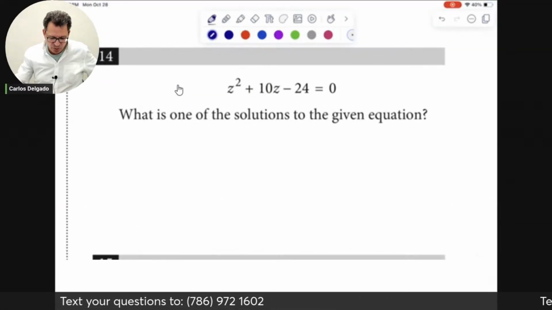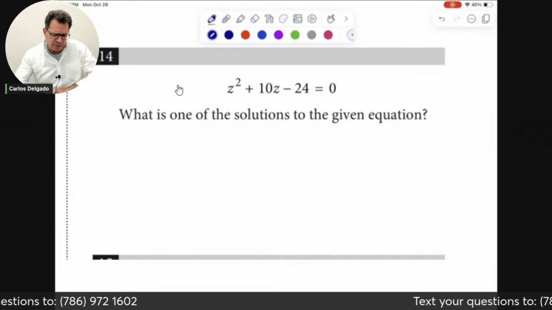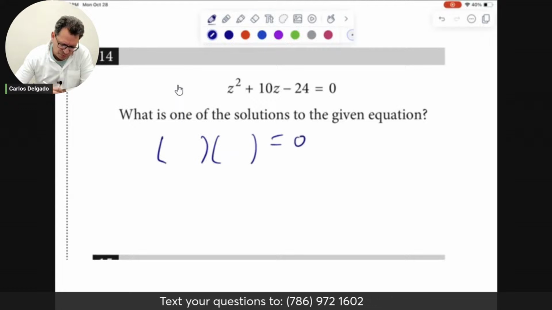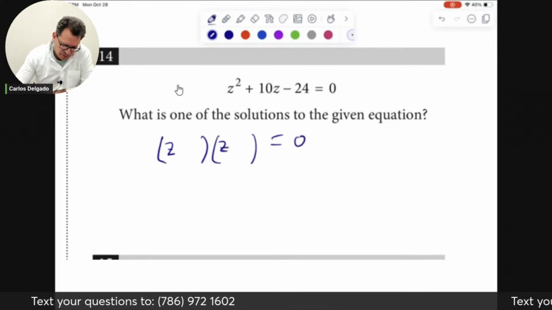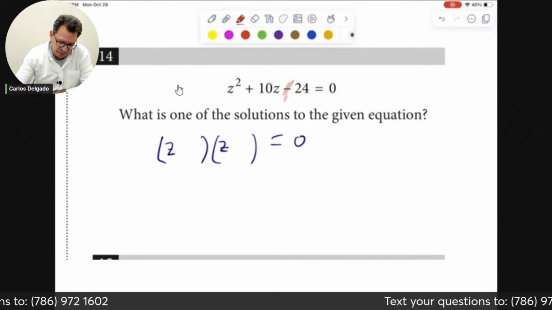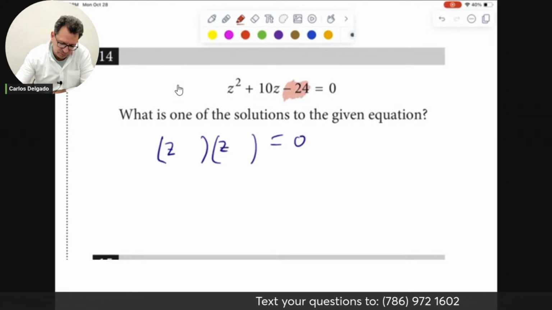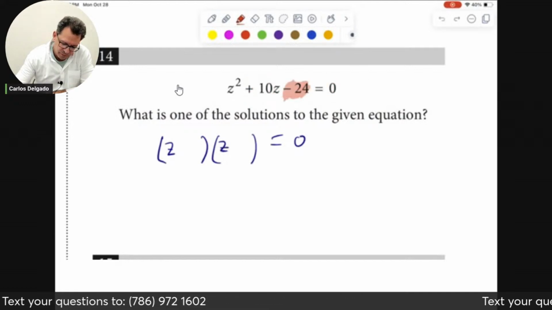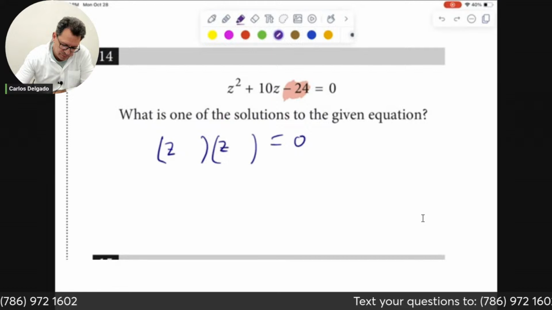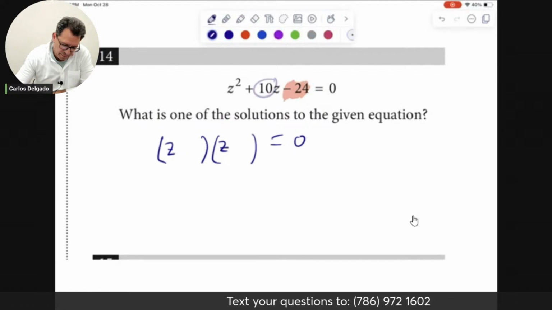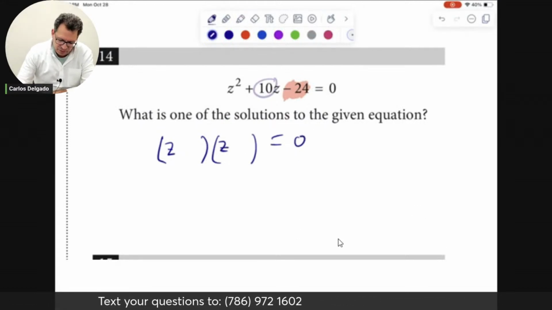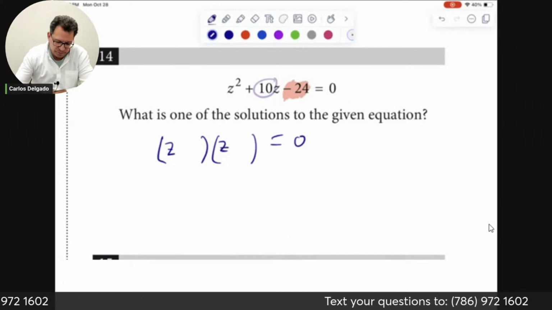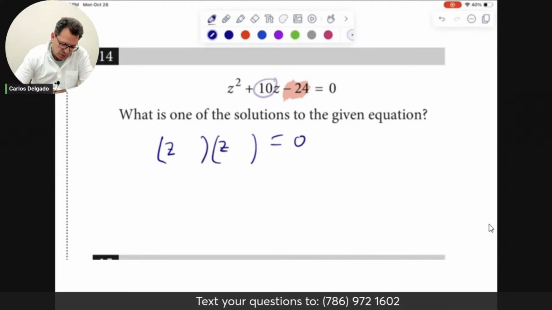Question 14: What is one of the solutions to the given equation? Well, I can probably do this using simple algebra, factoring the trinomial. Finding two numbers that when multiplied give me negative 24, and when added give me positive 10. So two numbers that when multiplied give me negative 24, and when added give me positive 10. Okay, so how about